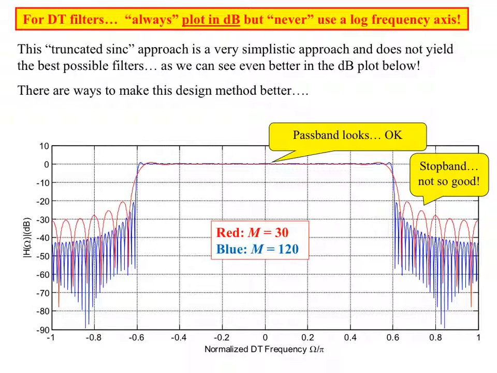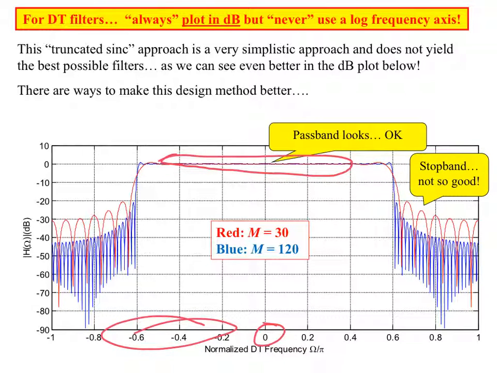You obviously would only be able to plot one side of your frequency response if you're going to use a log axis, because you can't get down to 0 and you can't do the negatives, at least not easily. When we plot these and we look at their plot in dB here, we can see that things don't look all that great. So here we've done m equal to 30 and m equal to 120, and we can see that at least in most of the pass band things look pretty good. Not a lot of up and down there, but notice that right at the edge of the pass band,